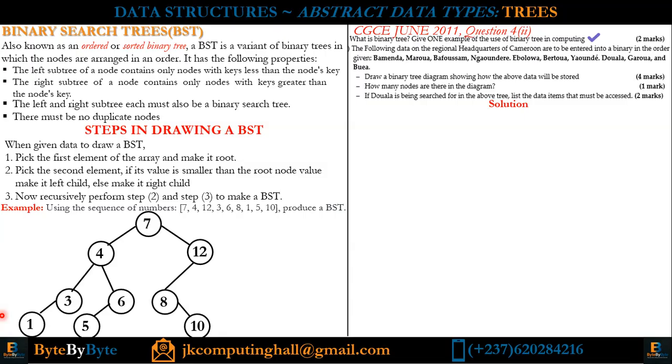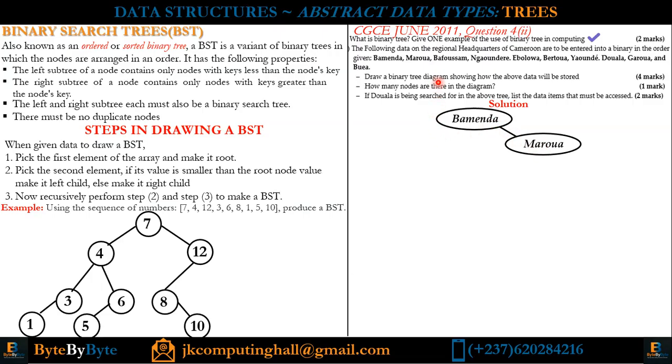The next one, we need to draw our BST. So our first node is the root. So I have my Bamenda, which is the root. From there, Marwa. Here we are comparing the first characters, M and B. We see that M is above B in the alphabet because M comes after B, so it is greater than. So Marwa comes to the right, because remember that those that are above go to the right and those below